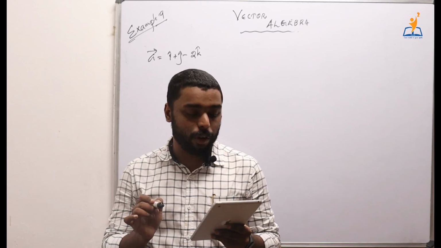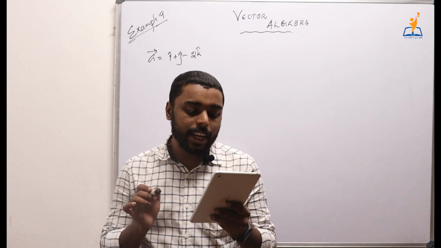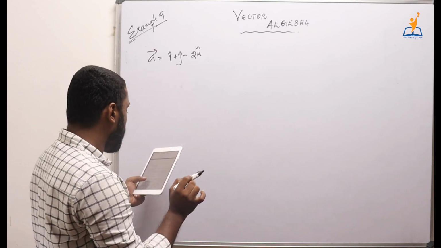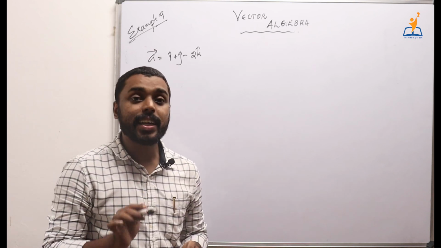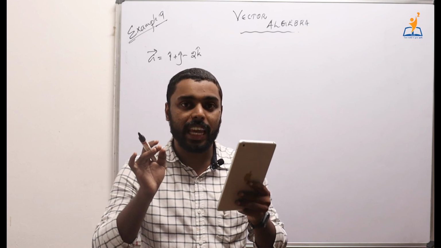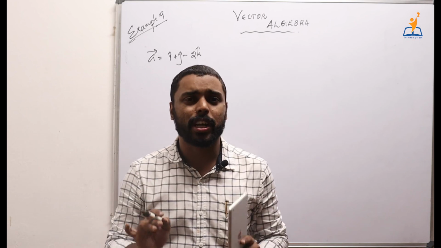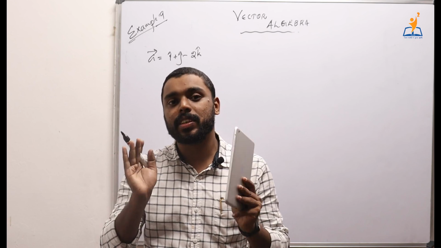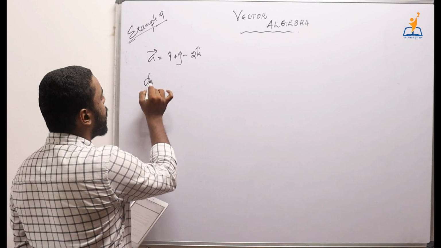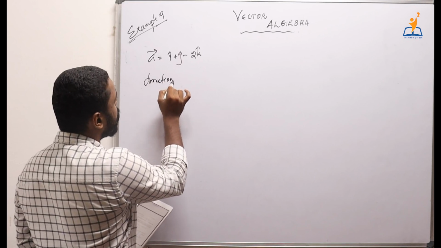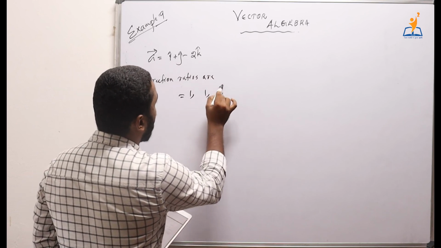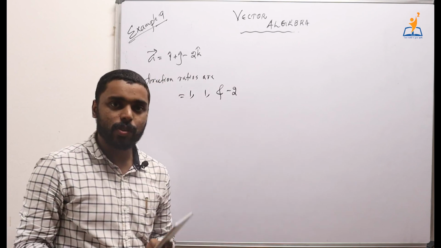This is the last question of this section, example 9. Write the direction ratios of the vector A bar is equal to i cap plus j cap minus 2k cap and hence find the direction cosines. We know that the direction ratios of any vector is nothing but its components. Always remember that for any vector which is in the component form, the direction ratios is nothing but its components. So the direction ratios are 1, 1 and -2. These are the direction ratios of this vector.